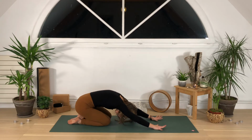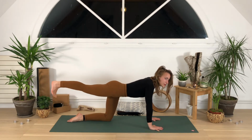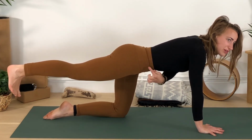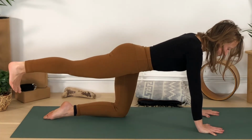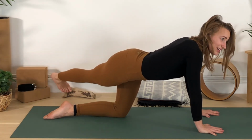Alright, inhale back to center, bring it up, tabletop, deep breath in here. Exhale, right leg comes out, toes pointing down, flexing that foot, and then navel into the spine, tailbone reaches down, root to rise to the arms, gazes down. Deep breath in here. And then exhale, bring that right leg all the way over to the left side, coming